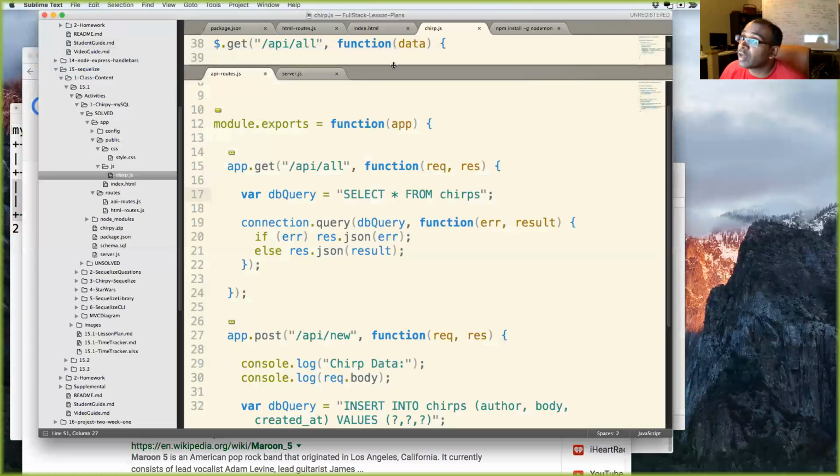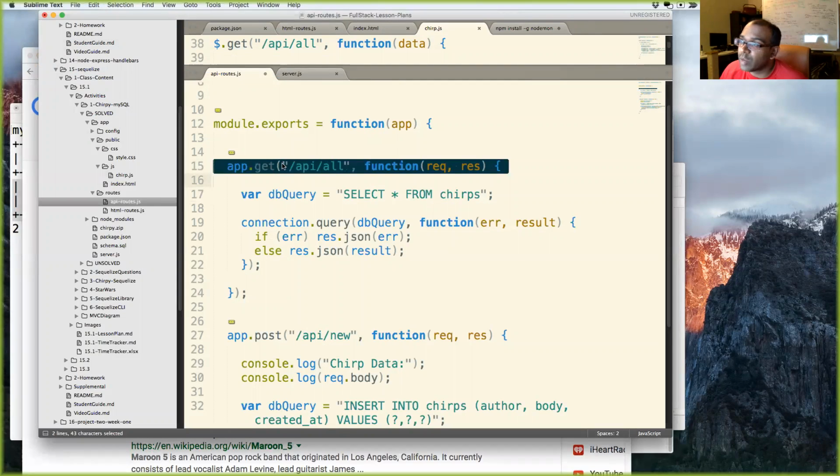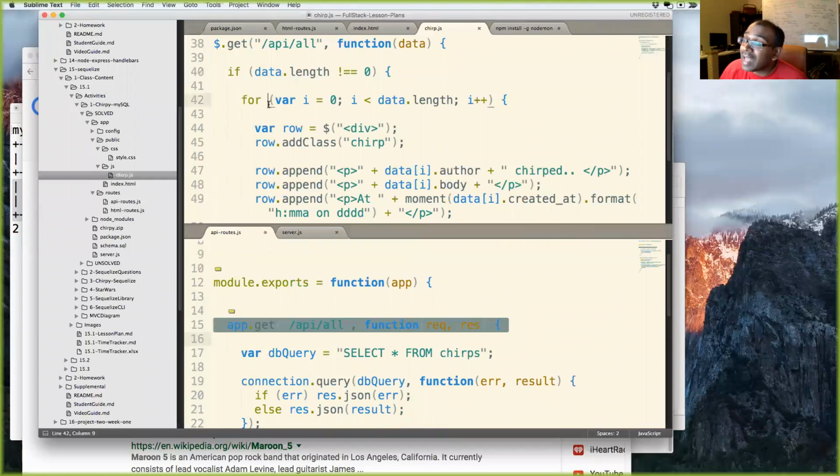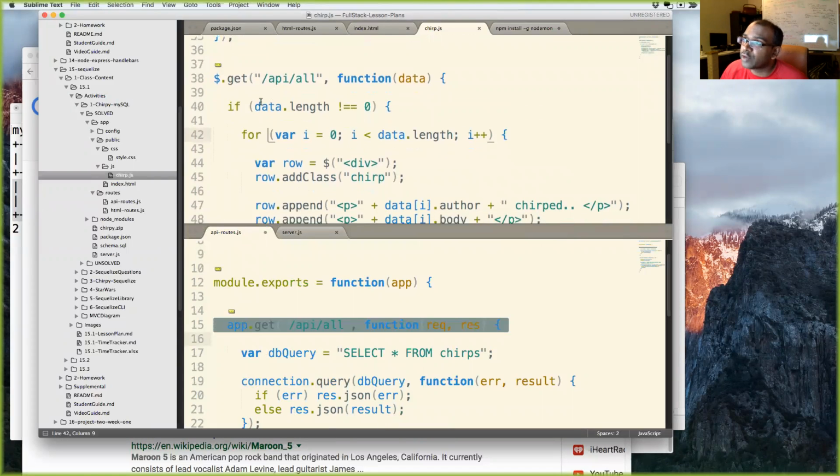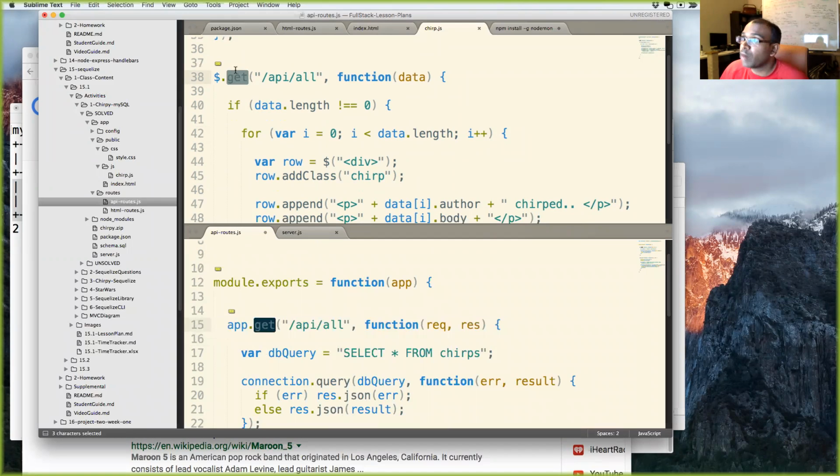And if you're going to make one of your routes a GET request, you can access it from the browser. And if you want to grab data from it using your jQuery, you'd have to do a GET request. You'd have to write GET right here, primarily because of that. And you'd have to hit it like this.